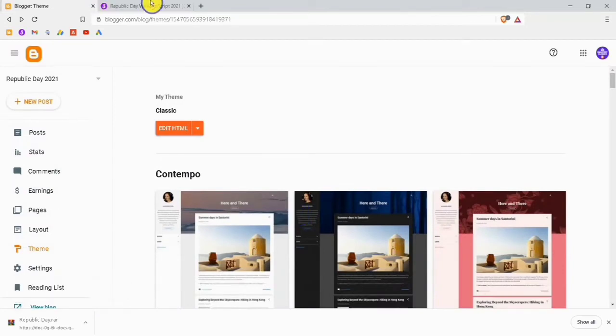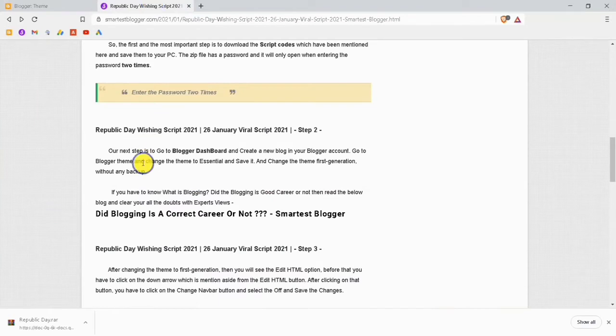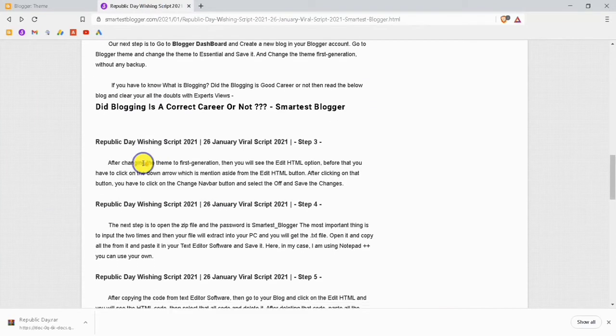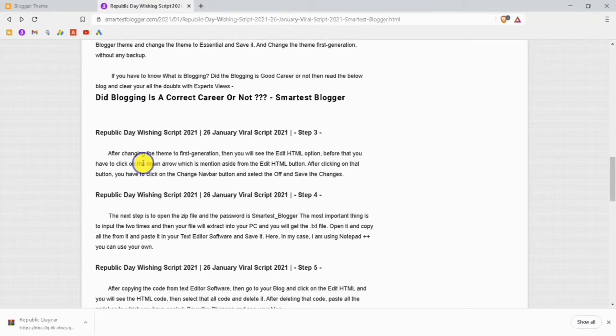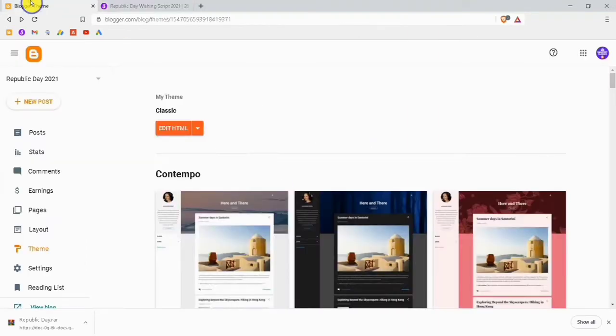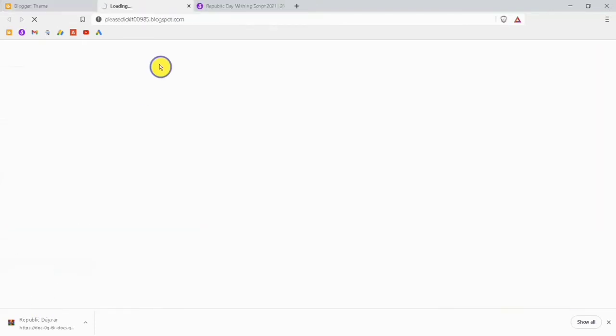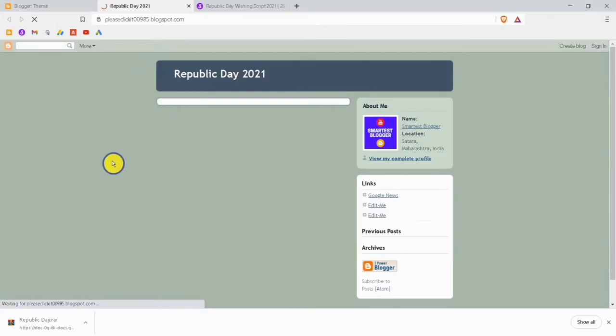After doing this, our next step is to go to the edit HTML button. Here you can see a navigation bar on the top of the page.